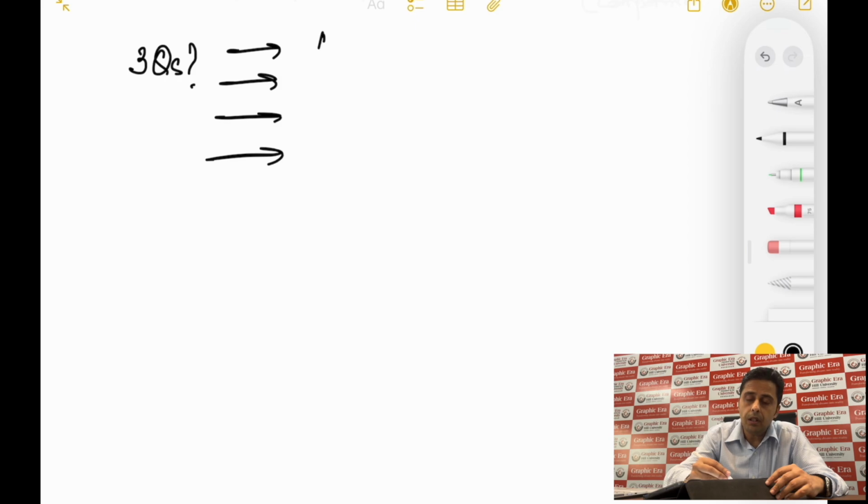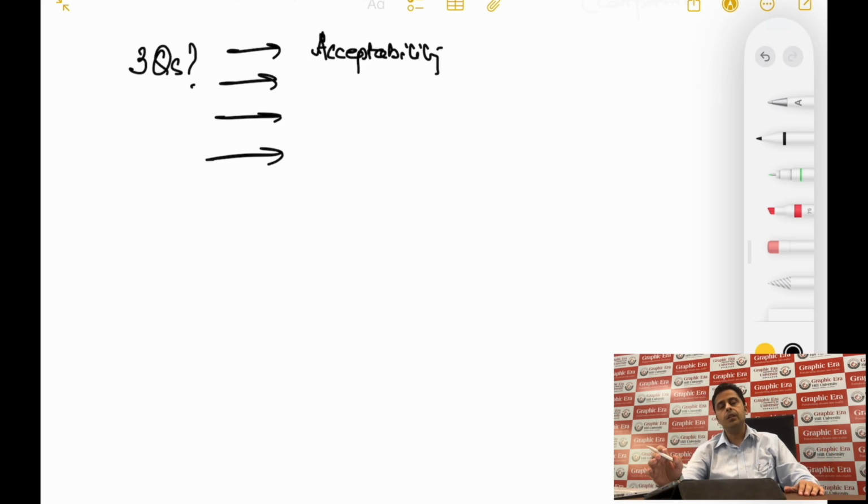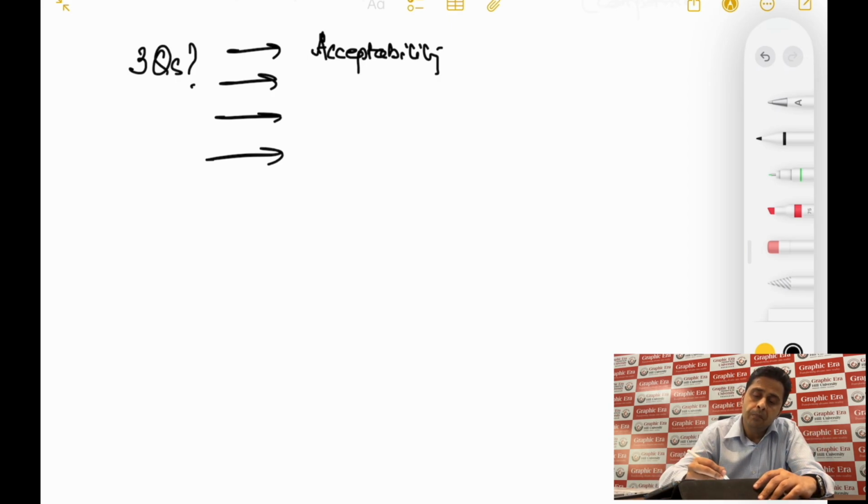And the first we call as the acceptability. Produce what you think will have utility in the eyes of the customers and what will be acceptable to the customers at large, which means creating value and creating products that probably will find value for some segment of the customers in the market. The second was affordability, which meant that, as I said, it didn't mean that the product has to be cheap,